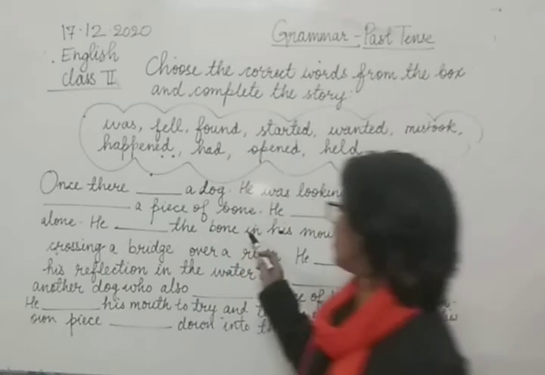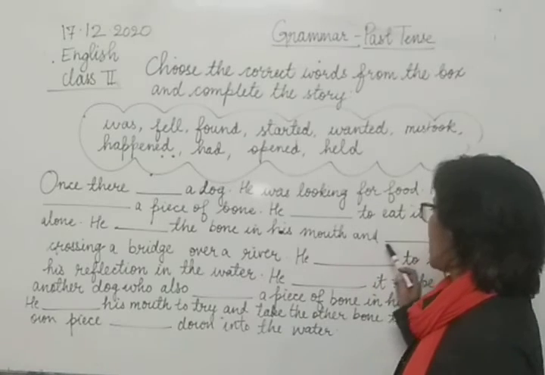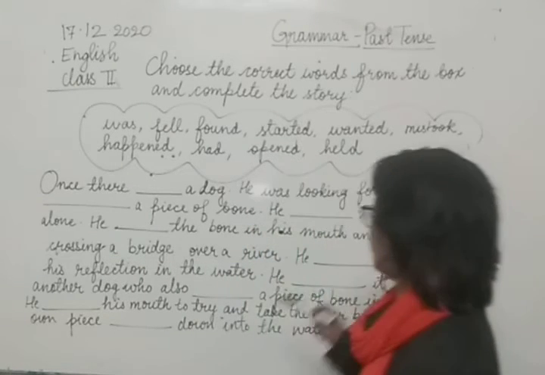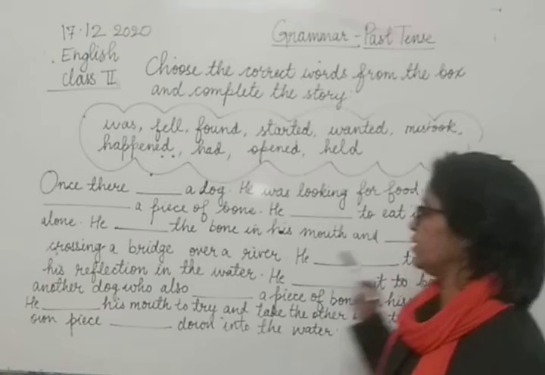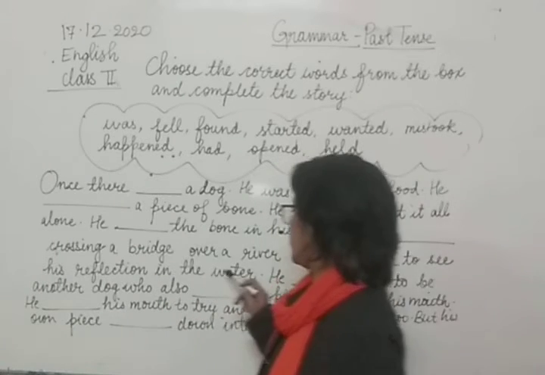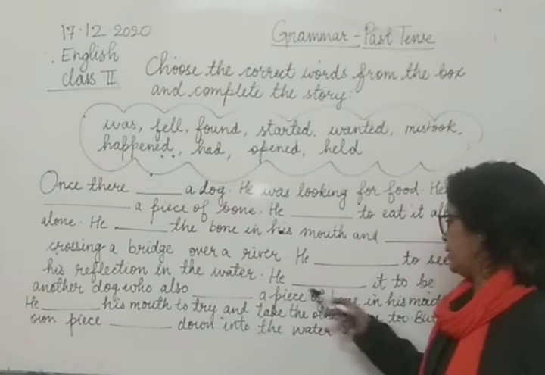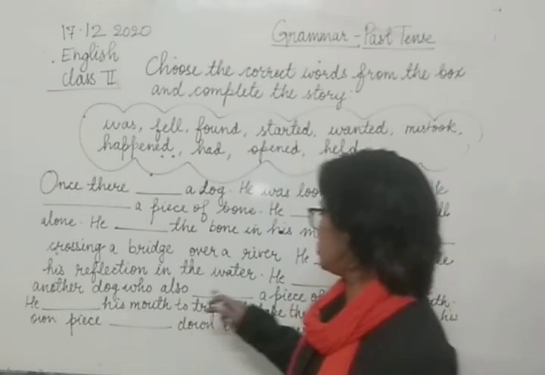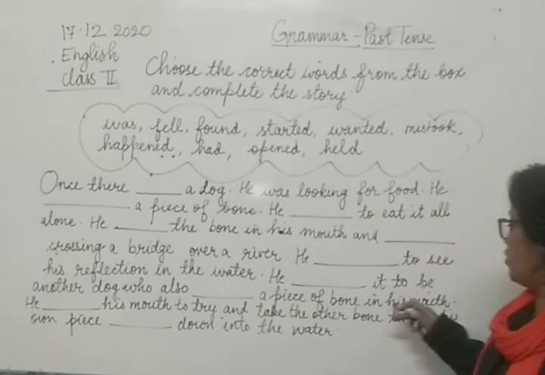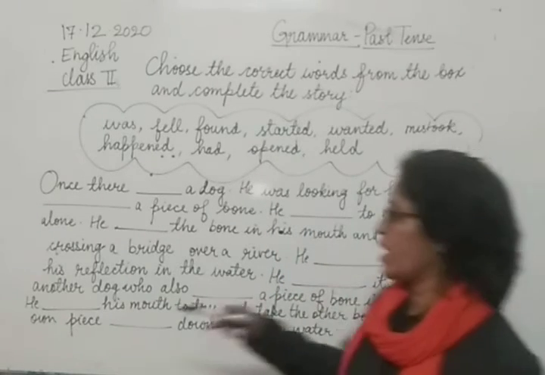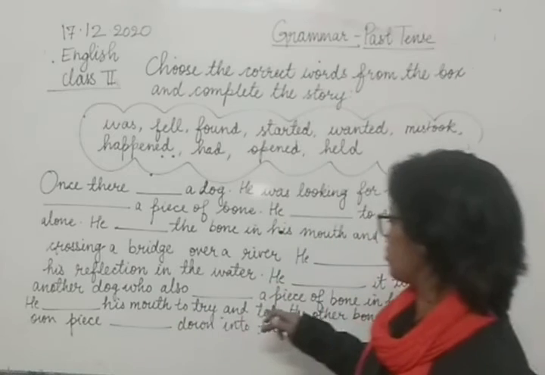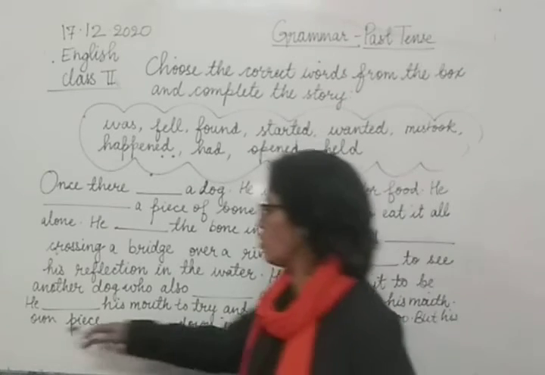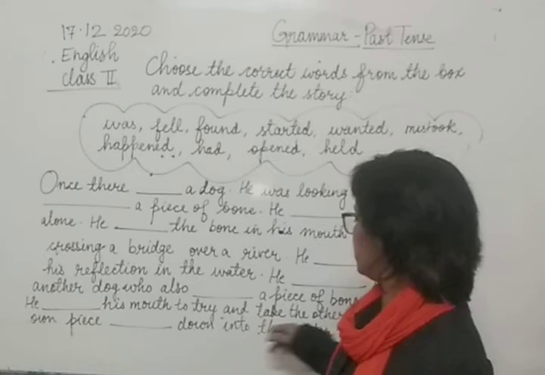He blanked the bone in his mouth and dashed, crossing a bridge over a river. He dashed to see his reflection in the water. He blanked it to be another dog who also blanked a piece of bone in his mouth. He dashed his mouth to try and take the other bone too, but his own piece blanked down into the